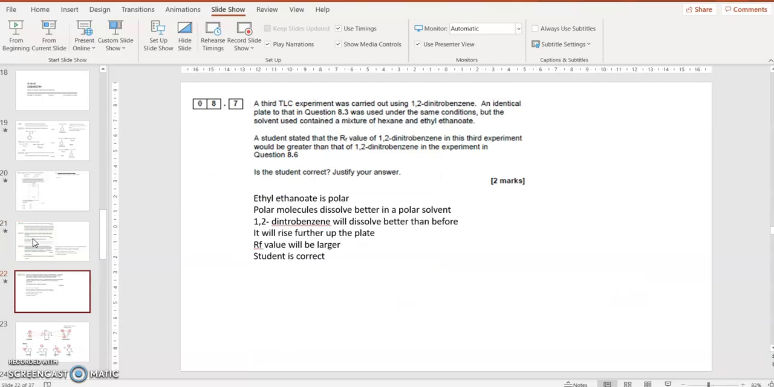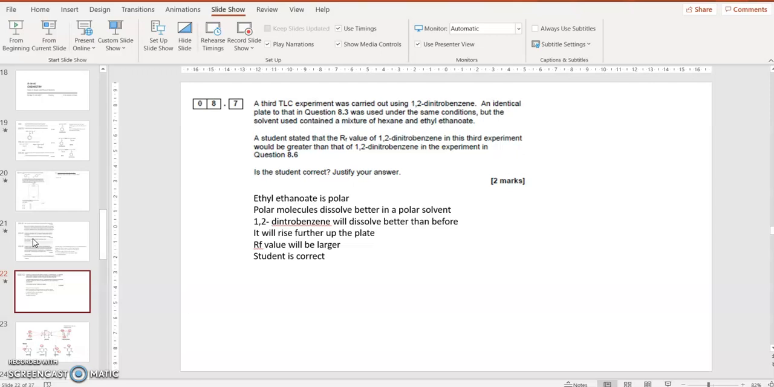A third experiment was carried out using 1,2-dinitrobenzene. An identical plate was used in the same conditions, but the solvent was changed to be a mixture of hexane and ethyl ethanoate. The student stated the RF value of 1,2-dinitrobenzene in his third experiment will be greater. Is the student correct or not? So